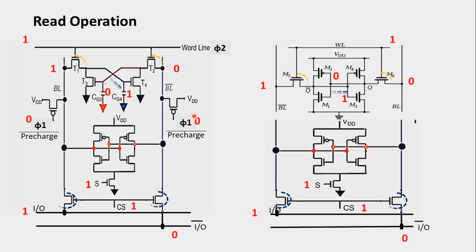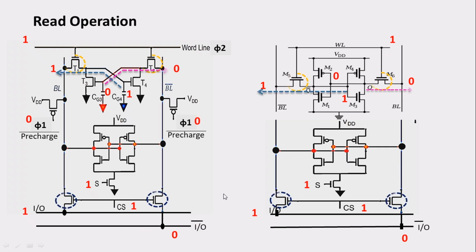In a similar fashion, based on the bus line, we are going to boost. This sense amplifier is meant for what? In order to boost the values. If some discharging has happened and the voltage level has degraded, in order to make that 5 volt, we will be using the sense amplifiers. So the bus value that is going to be read is going to be either a logic 1, which is 5 volt, and if it is logic 0, it is going to be 0 volt. So that we will be getting proper outputs at our IO buses after the read operation.